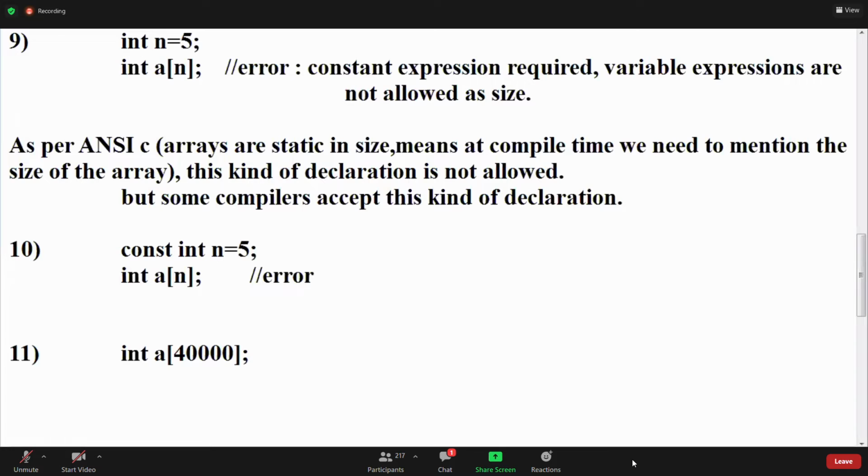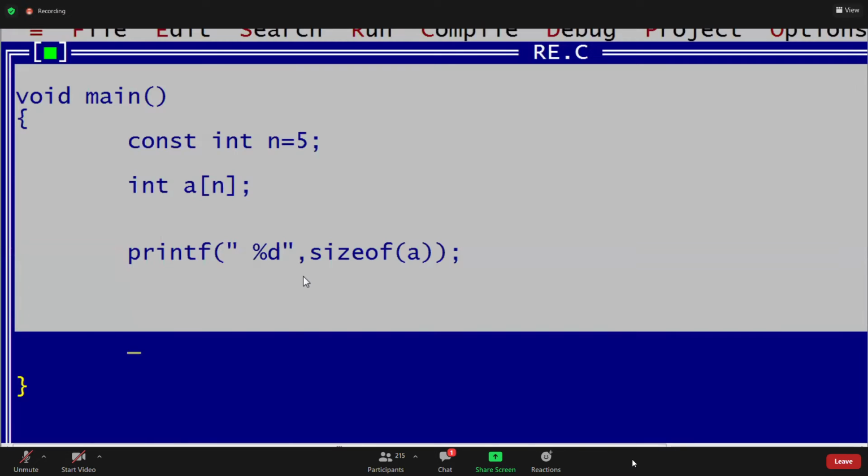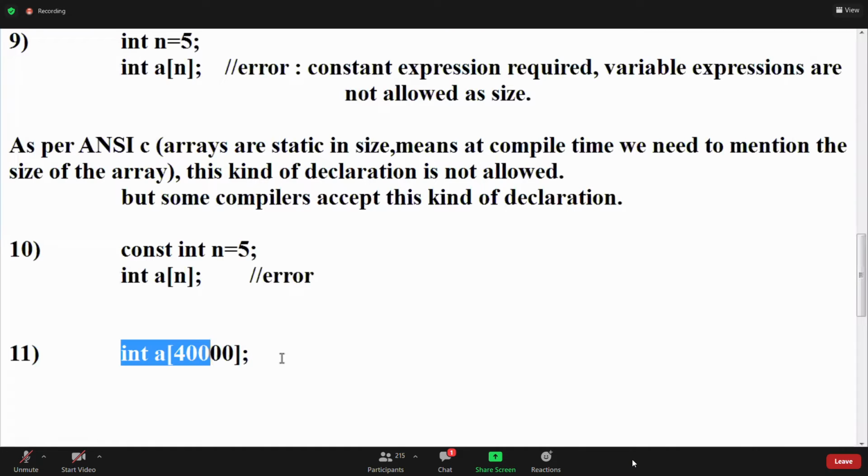If I declare int of 40,000, how many variables does it create, guys?